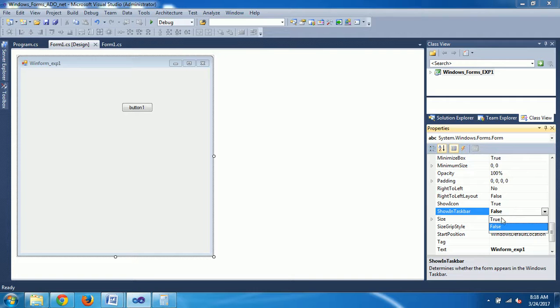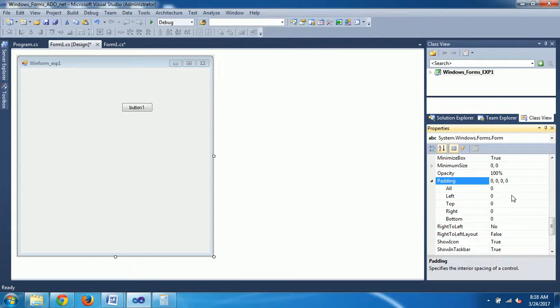Okay, so in the taskbar, Enabled is set to true. Icon, our top icon, false means it is not enabled, you can observe. Okay, next this is right to left, and different properties like padding, which is nothing but some space between. Suppose if I give padding again, if you expand here you can see